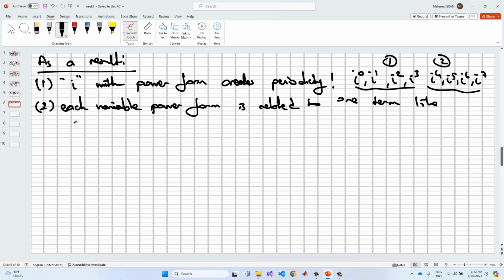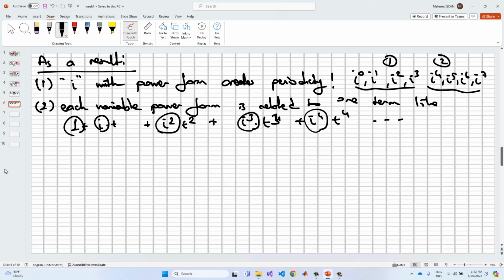like 1 plus It plus I square t square plus I3 t3 plus I4 t4 blah blah blah. Okay, and so we have the periodic coefficients in here, just like this one. Okay, and so this builds to what? Periodicity at the power form. And after that, in this case, this is the equation coefficients